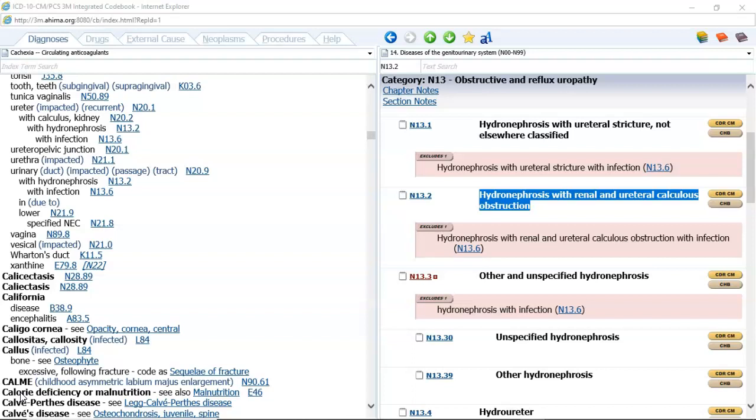Okay, so on page 509, let's look at this first example. The patient is admitted with an exacerbation of congestive heart failure. The patient is also in acute renal failure. The physician documents that the acute renal failure is due to the patient's fluid overload. So let's talk about what's going on here. This patient has congestive heart failure, and because they're in congestive heart failure, they were not diuresing, so they developed fluid overload, and then because they had fluid overload, they developed acute